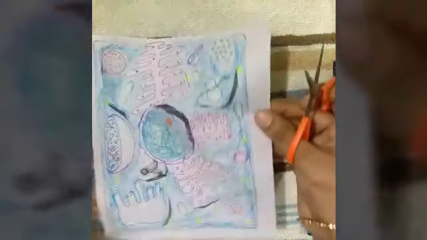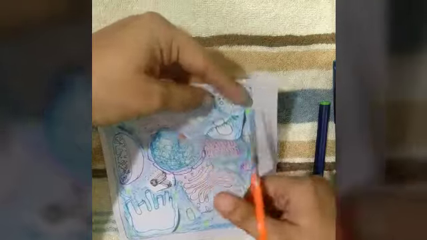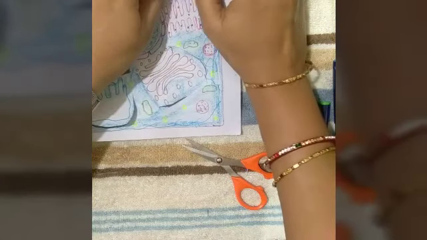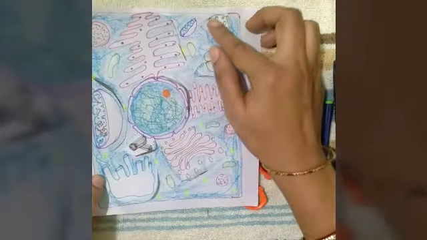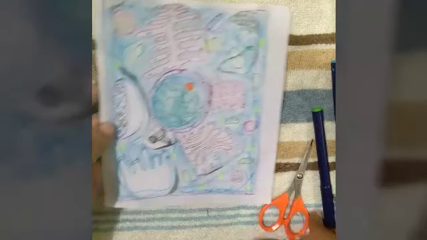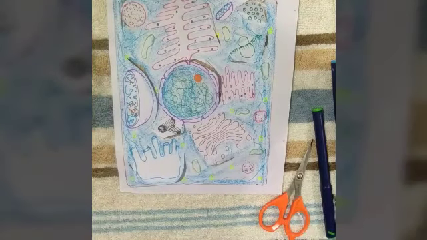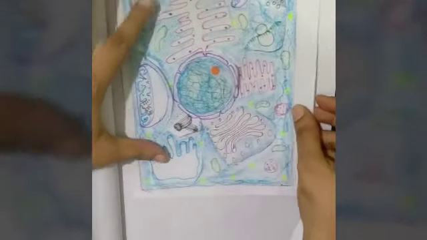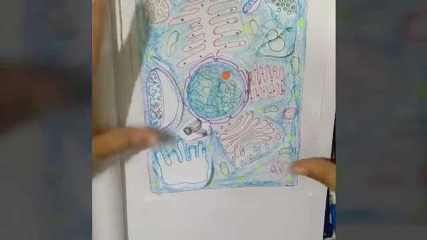So now all your parts are ready, and for the polysomes you can make a cut like this. Actually, in 6th ICSE polysome is not mentioned, but in 7th class it is mentioned. So depending upon that, you judge your needs and draw the diagram, right? See, I'm making an animal cell, and I'll show you how to draw a plant cell, but the cut and the arrangement, please make sure that you're doing it, right? So now what I'll do, I took my book, right? Now I'm going to paste this, right?